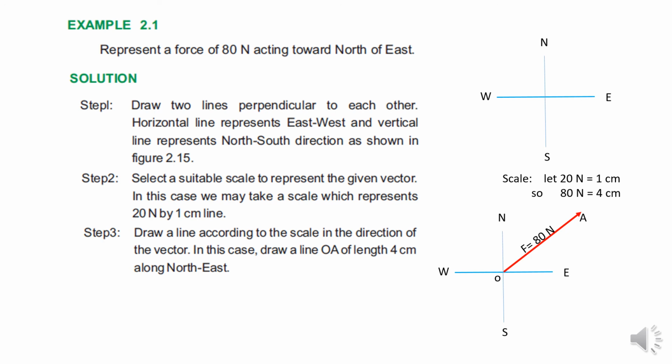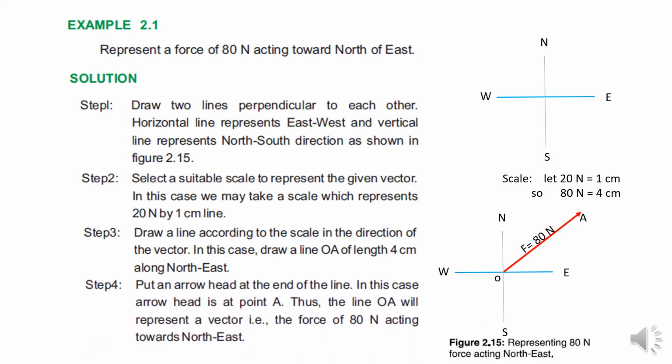So we draw an arrow which represents the vector, which starts from the origin. By putting an arrowhead at the end of the line, in this case the arrowhead is at point A, the line OA represents a vector, that is the force of 80 Newton acting towards